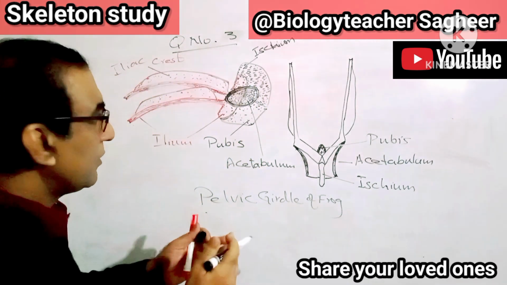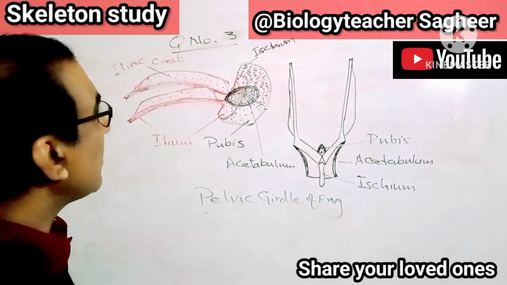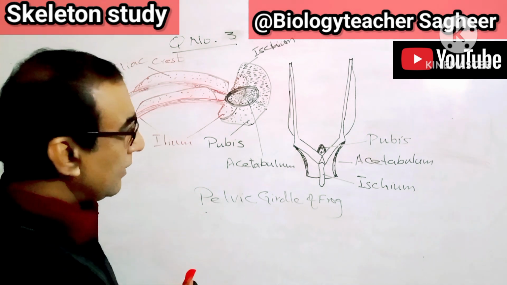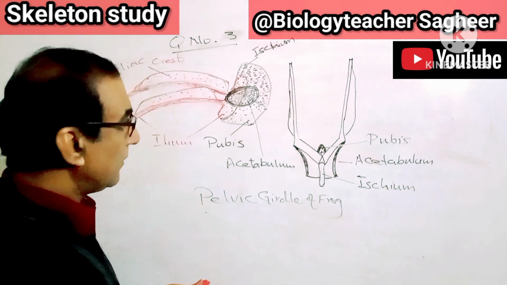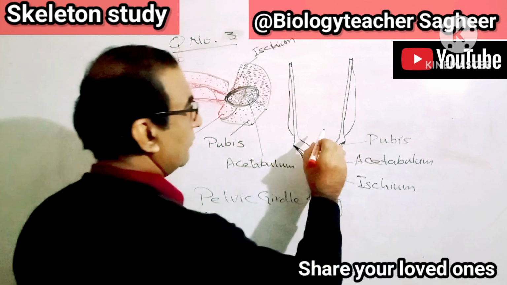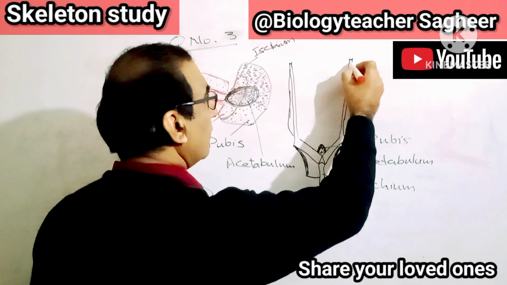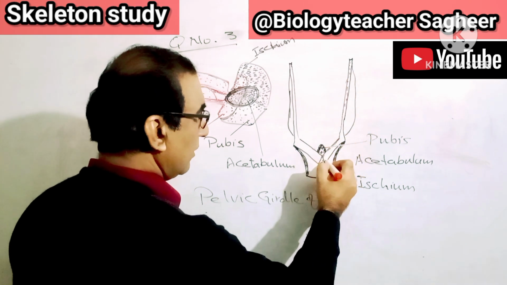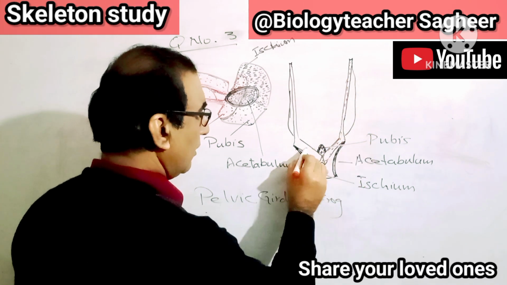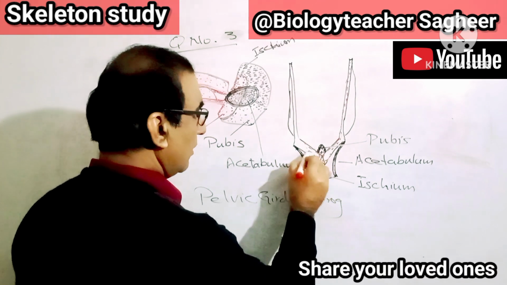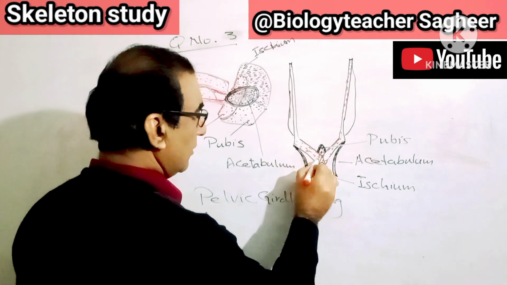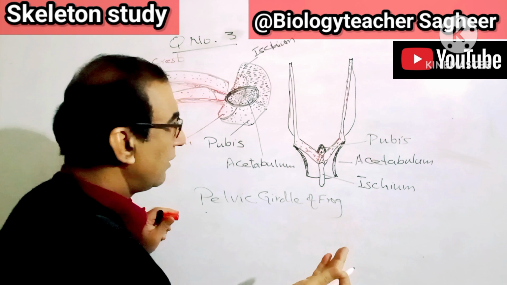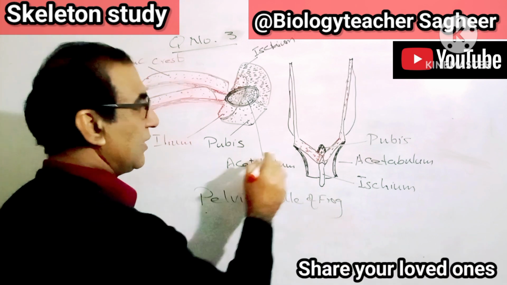A small part of the pubis you can see, and here is ilium. This one. This is again from here to here. This is now the right side of the ilium, and this is the left side. Okay,